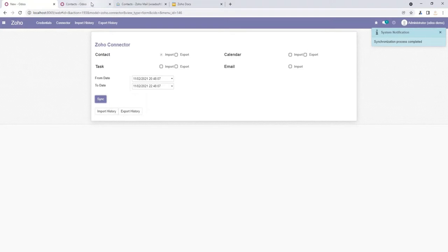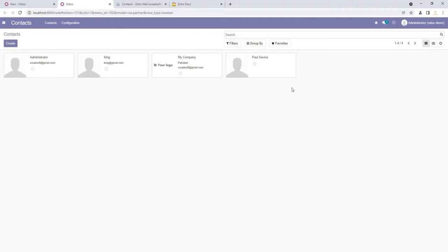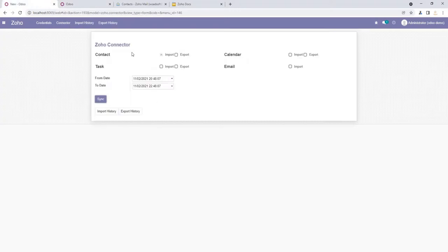Then go to the contacts and refresh the page. As you can see, the contact is imported successfully. So the contacts import and export operations are working perfectly.